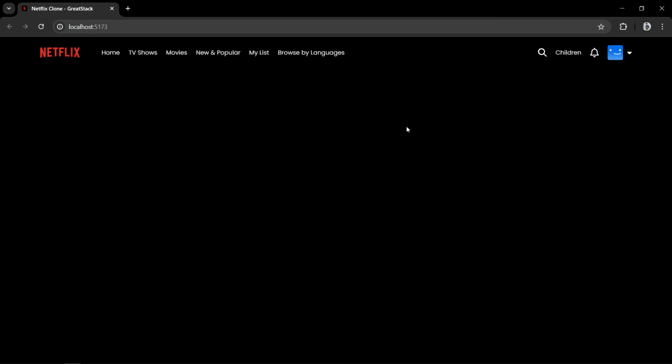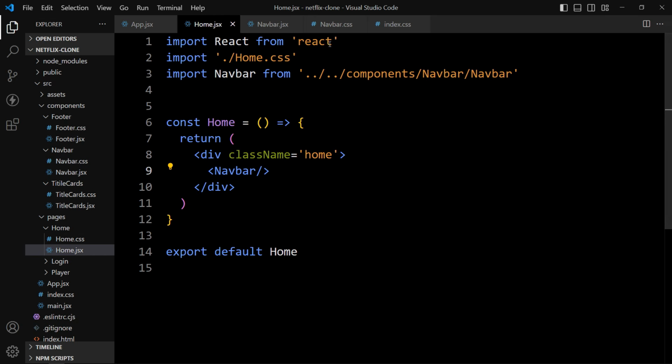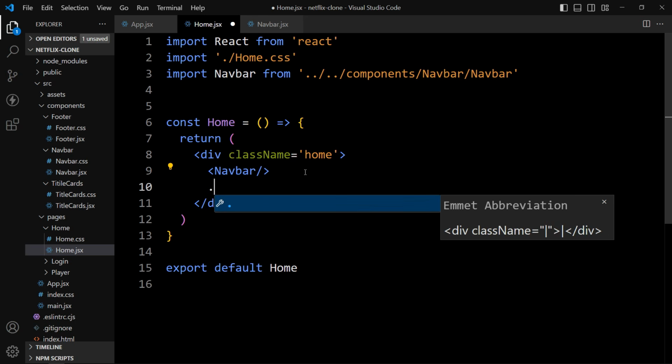After this navigation bar, we will create the hero section where we will display a full screen image, and on this image we will add the caption text, button, and we will add the movie list in the card. So let's come back to the home.jsx file. Let's close this CSS file, it is not required. And in this home.jsx file, after this navbar, we will create one div with the class name hero.